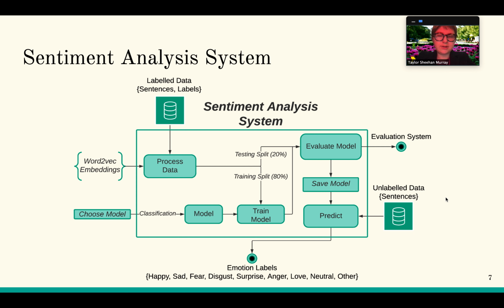So as I said before, these word embeddings can be used in sentiment analysis. We take in labeled data, which is just sentences with labels. In this case, because we're doing sentiment, they'll be labeled with emotion. We also take in word embeddings. We split the data up: 80% we're going to train on, 20% we're going to test on. We take in the machine learning model we want to use. We use classification, and we're going to output 1 emotion label from 9 emotions. After we train it, we evaluate it on the labeled sentences we didn't look at, save the model, and then that can be used by ProQuest researchers on their own unlabeled data.